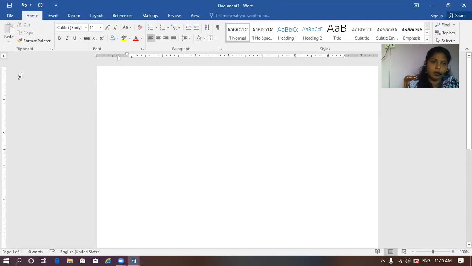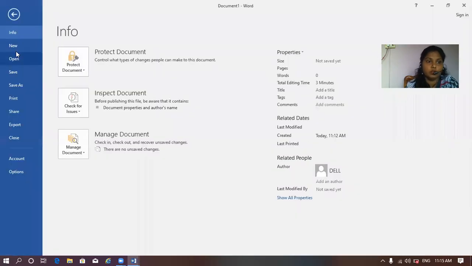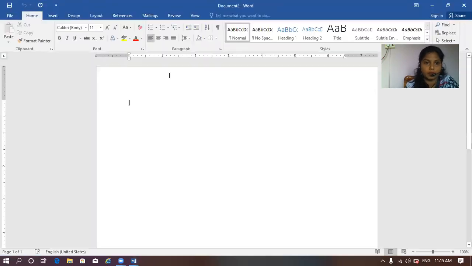Now I'm going to take my new blank document. From here I'm going to start with the headings. Here are some pre-designs given for your headings and titles. If you want, you can select them, otherwise you can type your document directly.